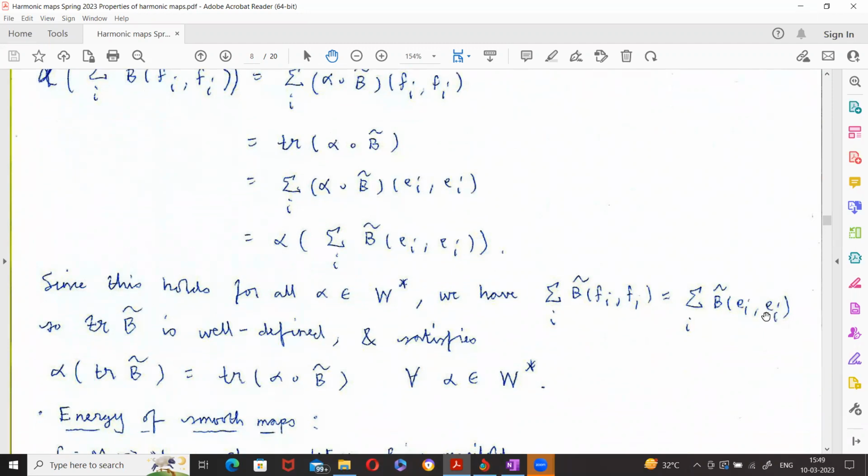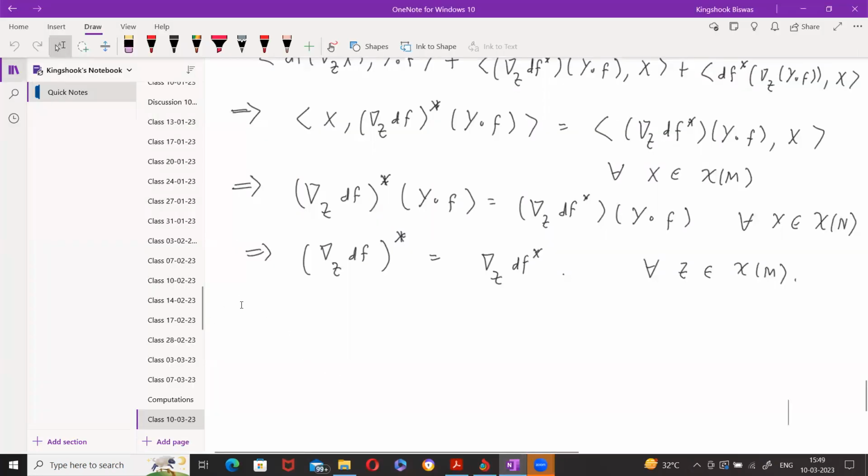Yes? Yeah, it is fine. So therefore, the trace of B tilde is well defined. And this satisfies that if I take any element alpha in W star, then alpha of the trace of B tilde is the trace of alpha composed with B tilde. Okay. So now we can finally define what's called the